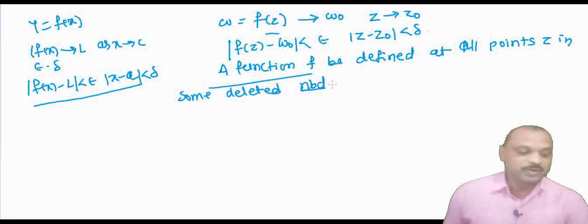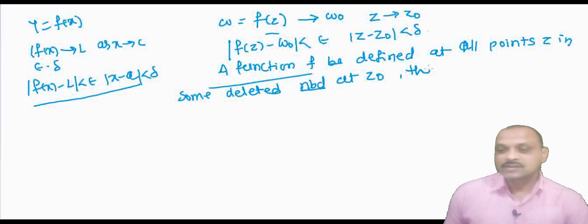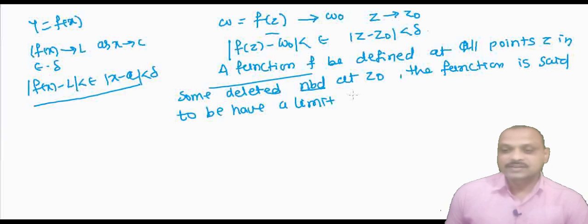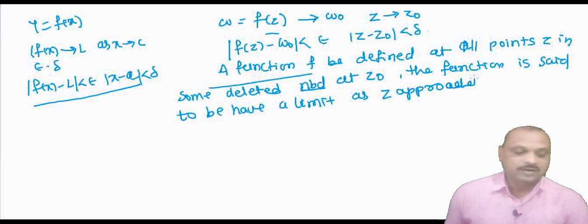This is for the neighborhood at z0. The function is said to have a limit as z approaches z0